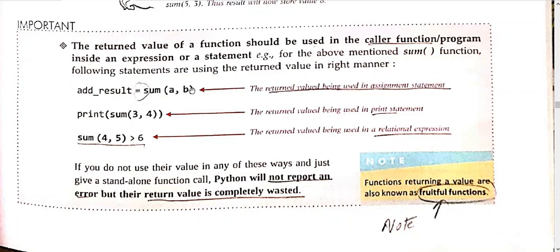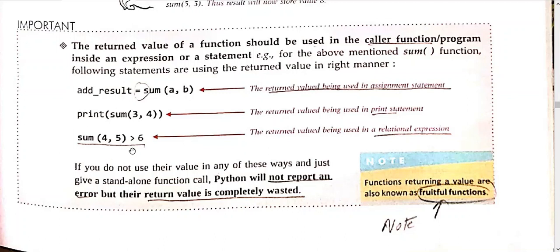This is a kind of assignment. Whatever value this function has obtained will be assigned to the variable written on the left side of the equal to operator. Now this type of statement may also exist. This is a function call, and whatever value it receives will be printed with the help of the print statement. So you are attaching your function with an assignment statement along with a variable. This time you are using your function call to obtain the value and get it printed with the help of the print statement. This time you are using a relational expression.